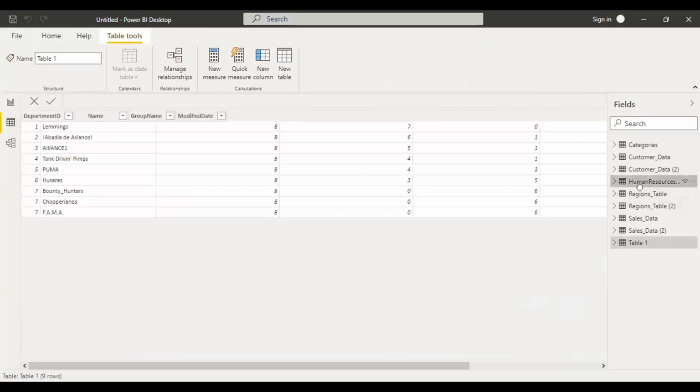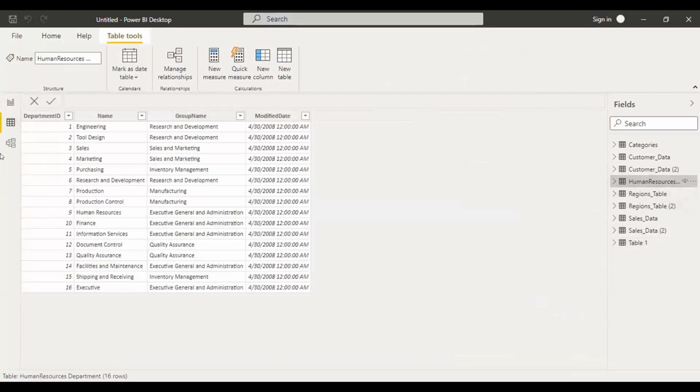Here is the human resource department. So we got the same thing: department ID, name, group name, and modified date. So this is how we import the data from SQL Server by the import method.